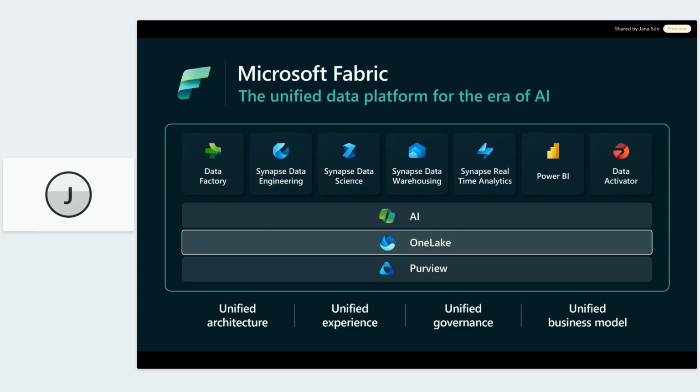But all in all, as you see, Fabric is one place with one single graphical user interface where we can build an end-to-end analytics solution, and it's delivered to you as a SaaS, so software as a service product, and it provides common architecture, again, central governance, and Office-like experiences, because it's a shared platform that combines all of these engines that you see on the screen into one.